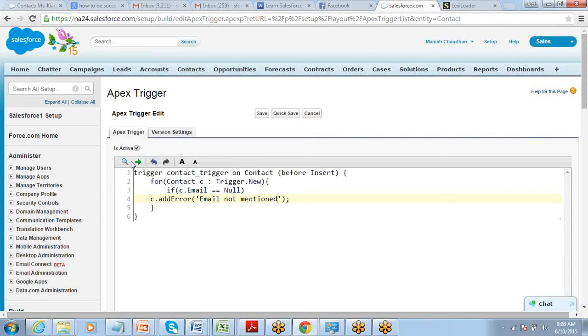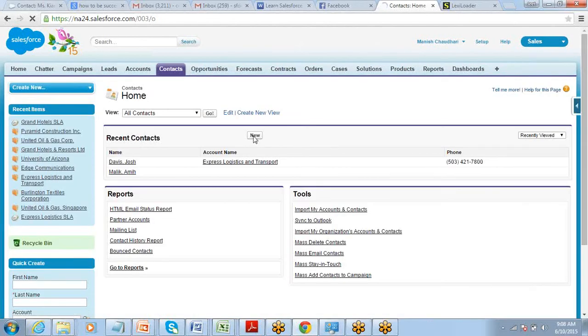Right, it's active. If I try to create a contact now without an email ID, it should throw an error.